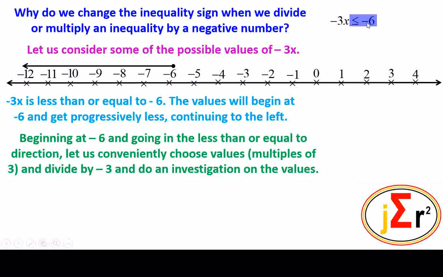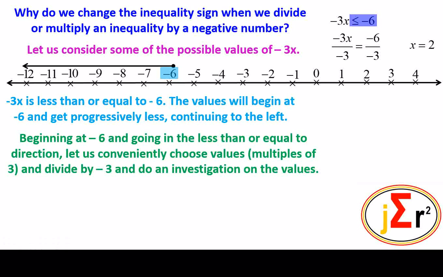Less than or equal to negative 6, we will begin at negative 6 and go progressively less. We are going to divide by negative 3. Now, negative 3x is less than or equal to negative 6. A possible value of negative 3x is therefore negative 6. We choose negative 6 and we divide both sides